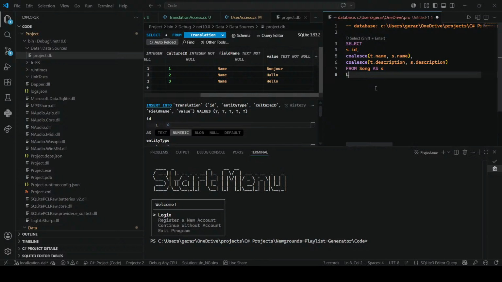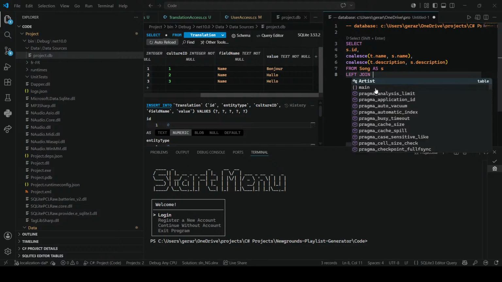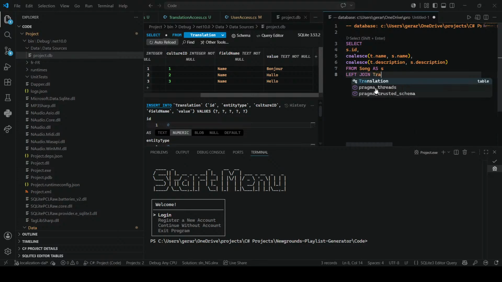Then we have to do a left join translation as t on